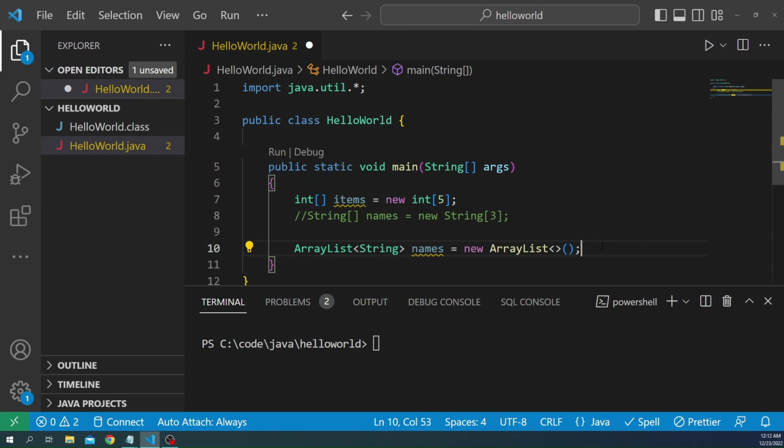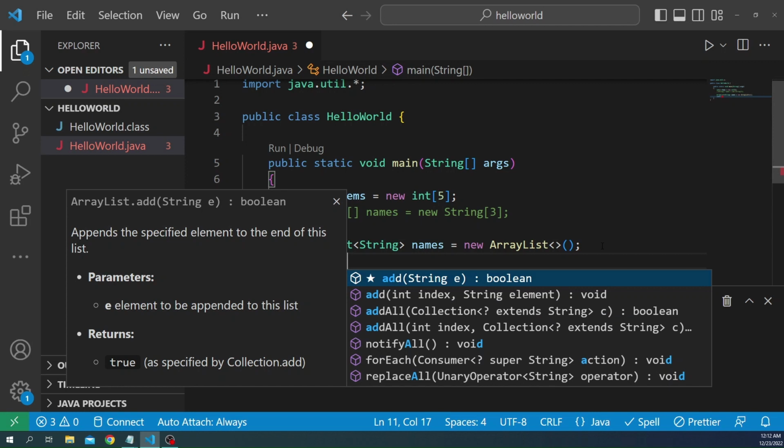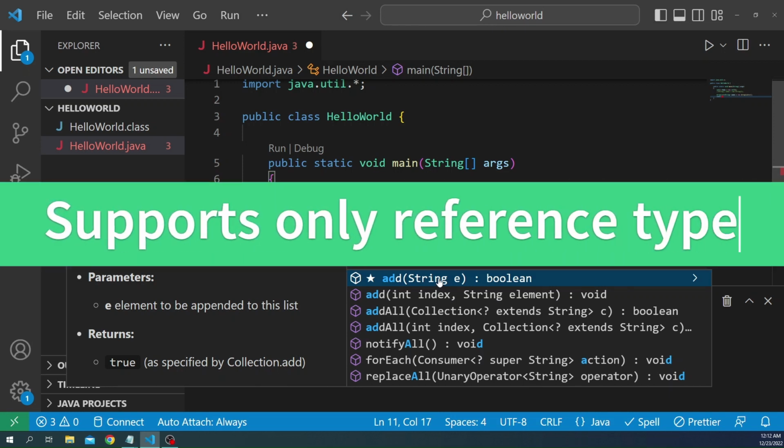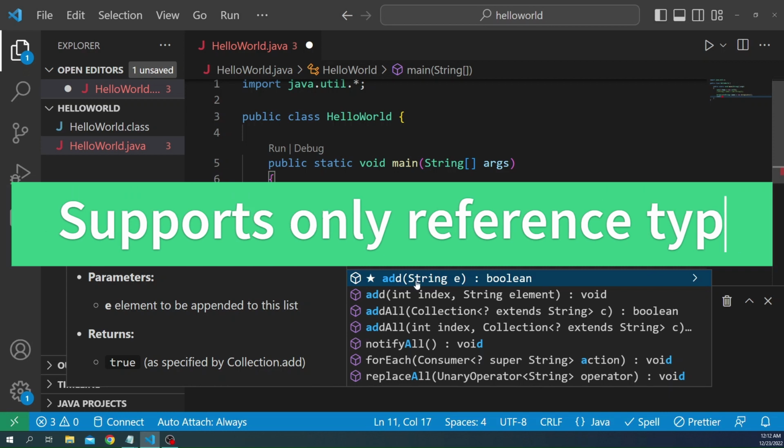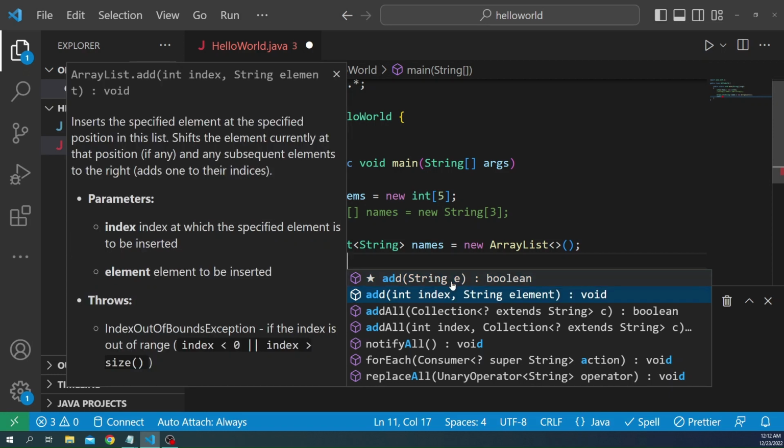So we can say names.add, and add has 2 variations. The first variation is where it takes only the item of the type the ArrayList we declared. So here we declared the ArrayList as a String. It can be of type int or any other reference types. Here we decided to use String. When we use add, we can either pass the value or we can use the second overload, which takes an